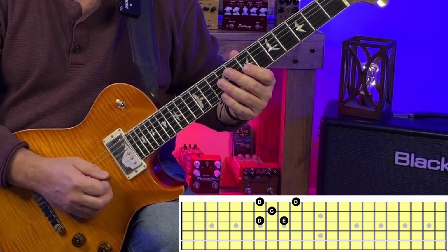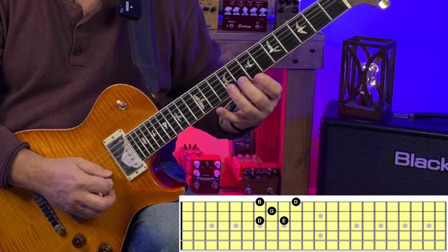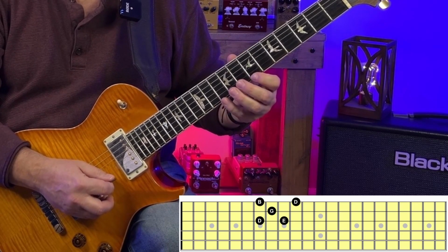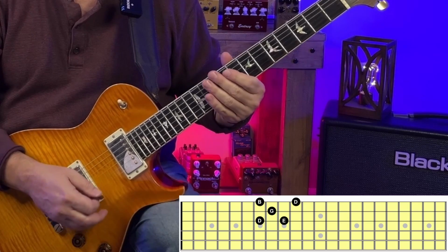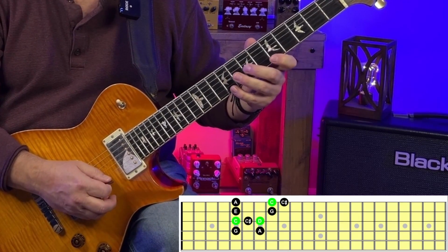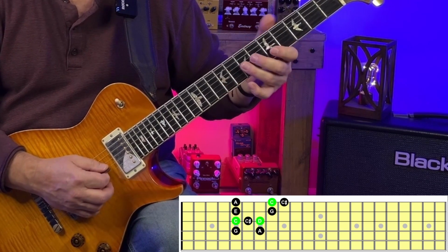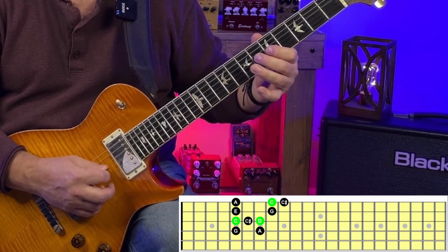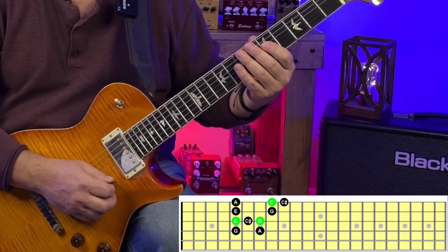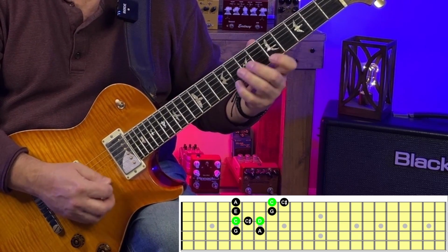We've got D and E at fret 7 and 9 of the G string, G at fret 8 of the B string, and B and D at fret 7 and 10 of the high E. What if we were to ascend through that arpeggio and then shift down and play the A7 arpeggio we just learned? Now let's add in the D note at fret 7 of the G string, then play C and C sharp, and then A and G at frets 7 and 5 of the D string. So that A7 arpeggio would then be...